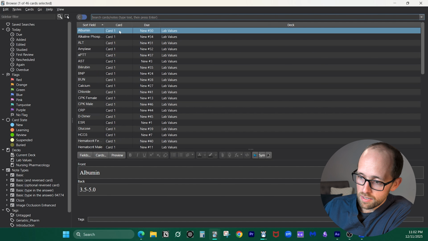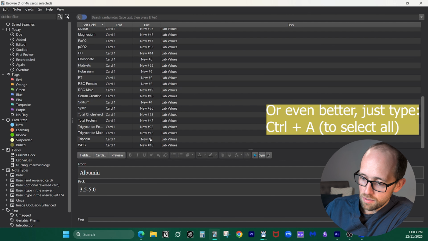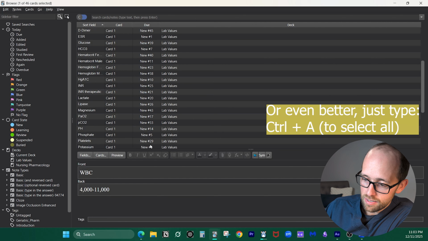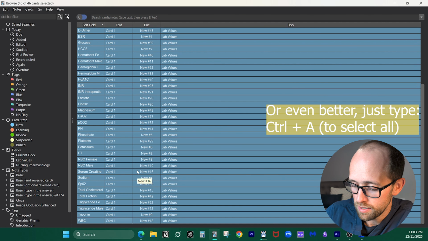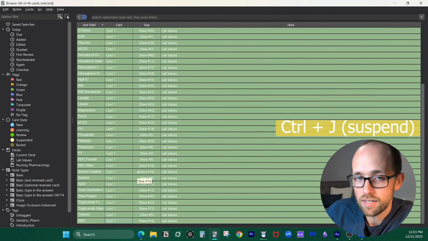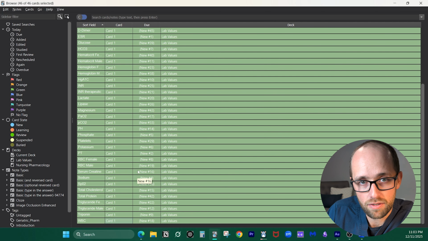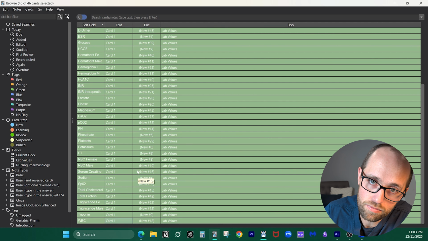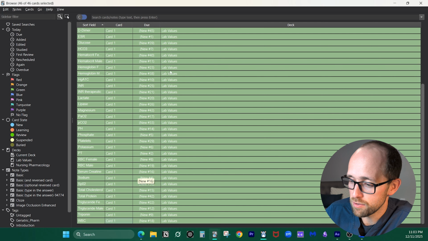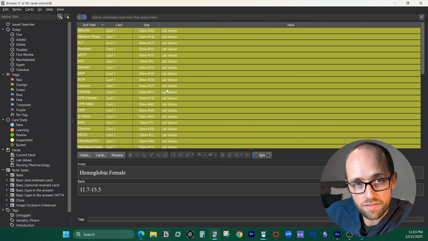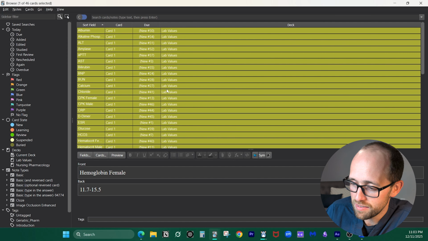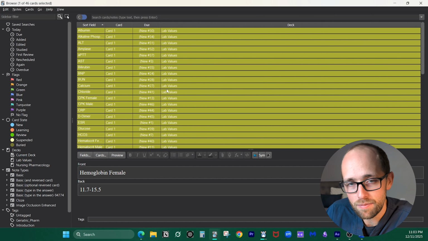It's not helpful. If you're ever going to download a pre-made deck, the golden rule is immediately go in, highlight all of them by clicking on the top one, scrolling all the way down to the bottom one, holding Shift and clicking to highlight every single one, then hit Control J, and that suspends the card so it does not show up in your algorithm of what you need to study. Then what you will do as you're going through your class is go through and unsuspend the ones that are relevant. Again, this particular deck is not a great idea because it's just lab values, but I was just trying